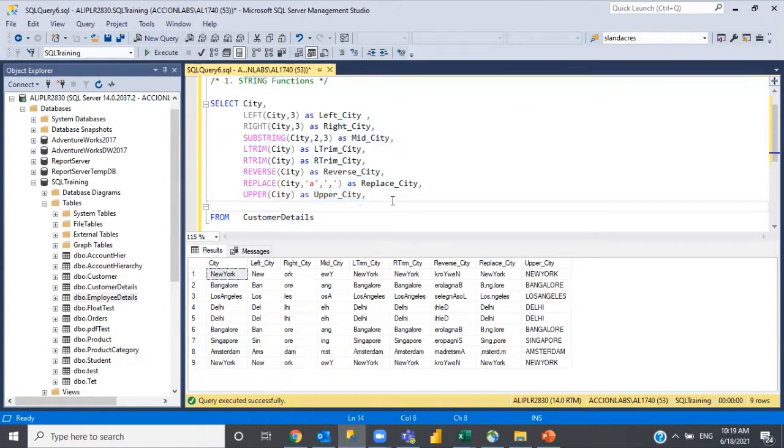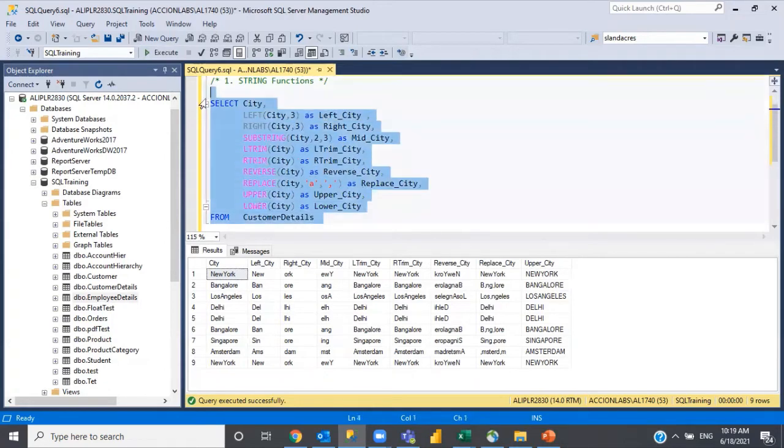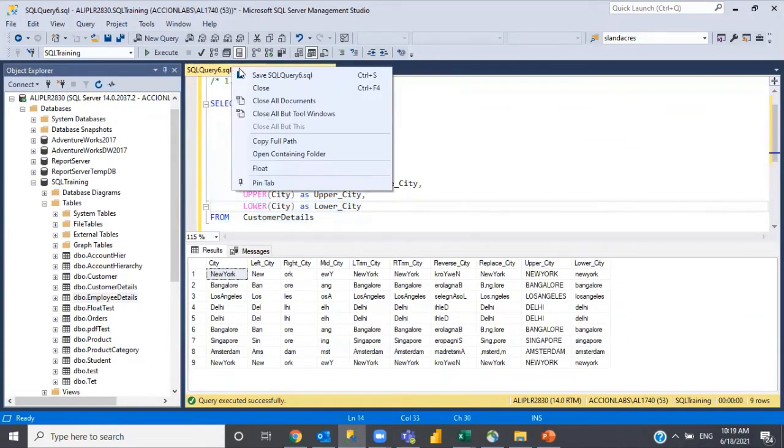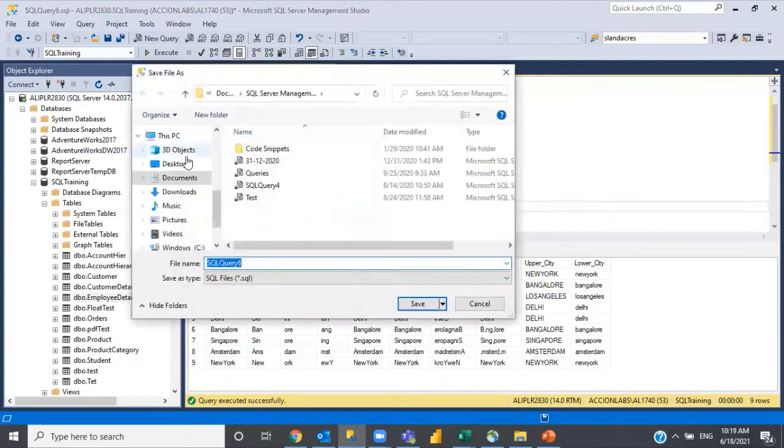And if you want to turn this into lowercase, there is a function called lower. See here, it is completely converted to lowercase characters. Like this, you can use these string functions.